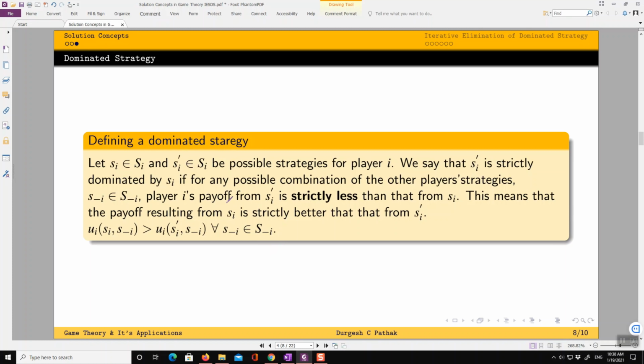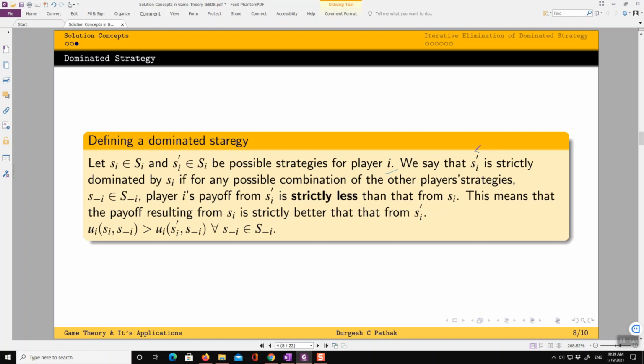So we know that the players will not play a strictly dominated strategy. Now let's technically define a dominated strategy. Say Si and Si dash are possible strategies in the strategy space Si. The subscript i says that these strategies are in the strategy space for player i.